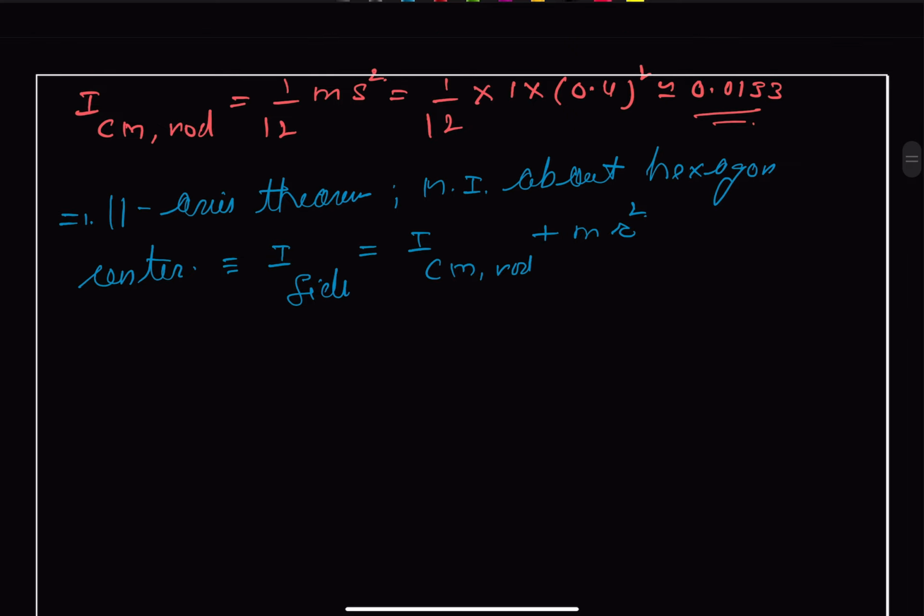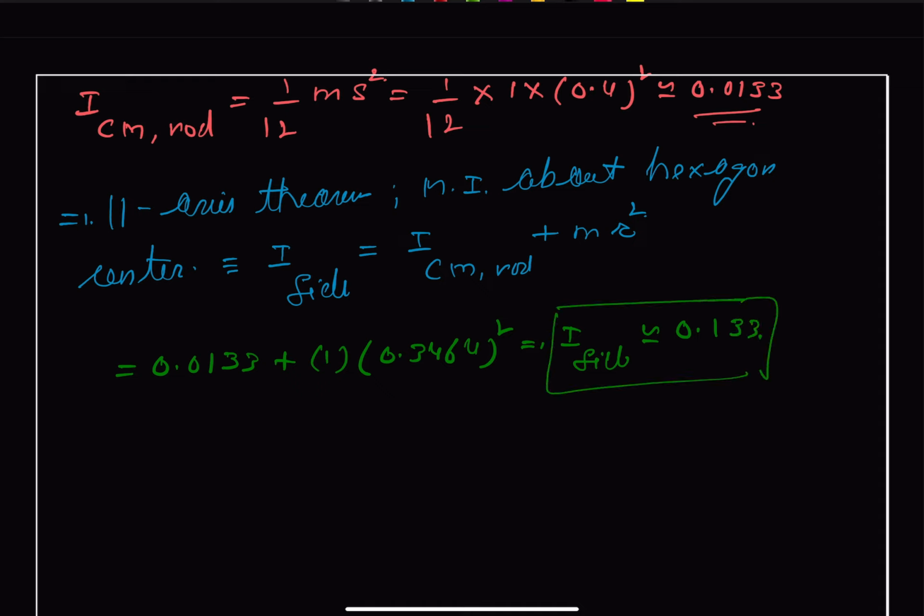And if we substitute values, we get this as ICM we just calculated is 0.0133 plus mass is 1 and this radius r is 0.3464 whole square. So this gives us moment of inertia for the side is approximately equal to, this will be coming as 0.133